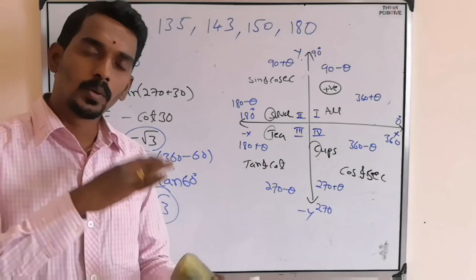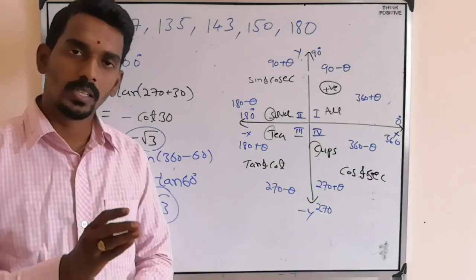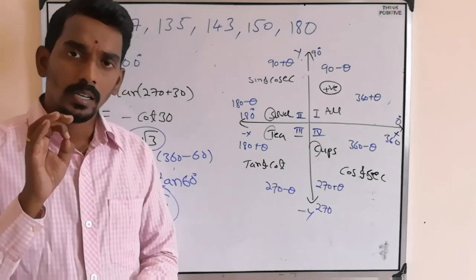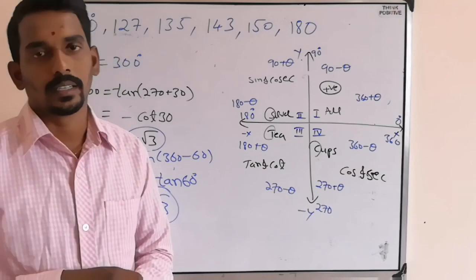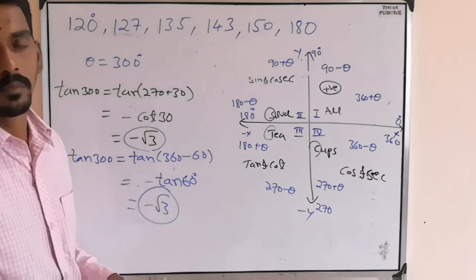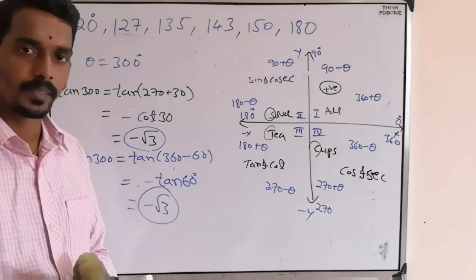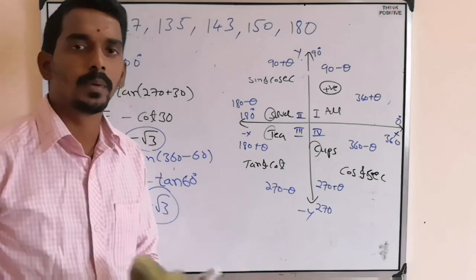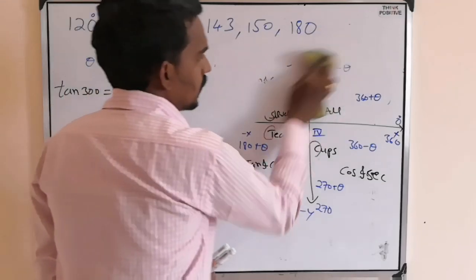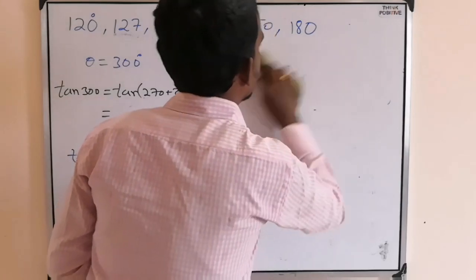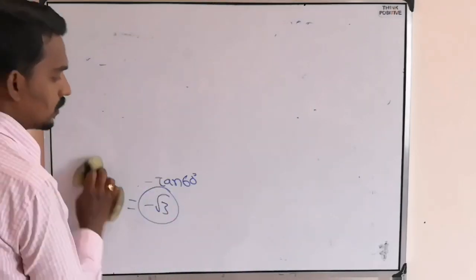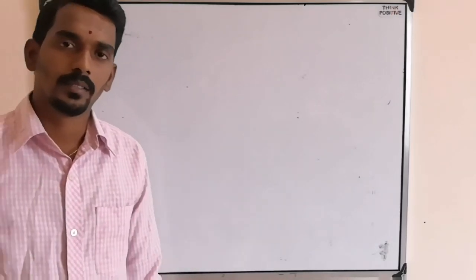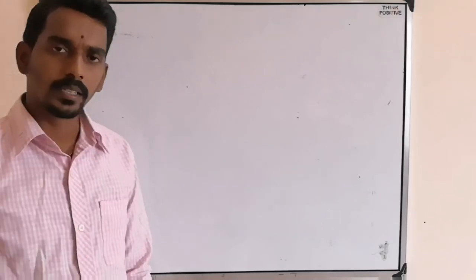You need to remember up to 90. So 0, 30, 37 and 45, 53, 60, 90. Then you can find the rest of the 6 important values for physics. Right? So please try to understand, try to practice. Wherever you have doubt, please ask me. And apart from this, there are many other relations in trigonometry which you have studied. That is also helpful in physics. So those all relations,